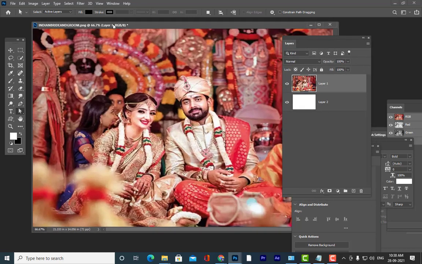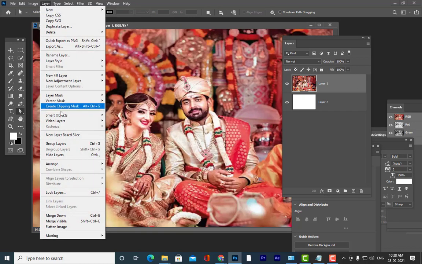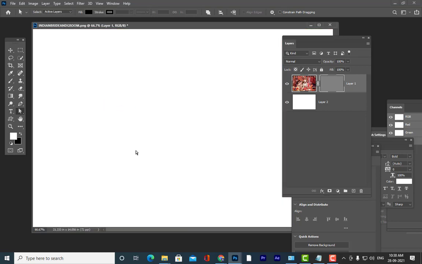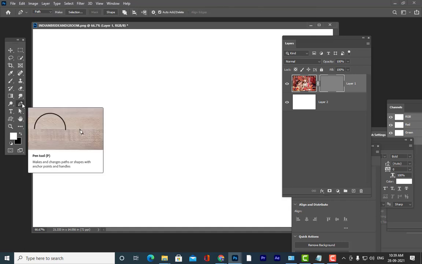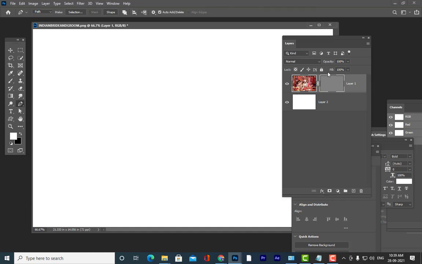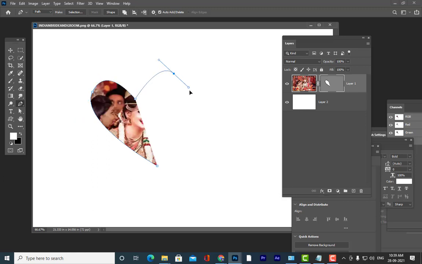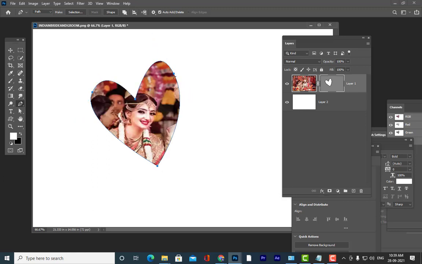Anybody can tell? So Layer, Vector Mask, and here we can say Reveal All or Hide All. Hide All means simply this image will be hidden, and then to see the effect of the vector mask, you have to just create this shape. You have to take the pen tool, and the mask thumbnail should be active, the path option should be active, and also the combine shapes option should be active. Then we can simply draw the shapes like this. Whatever shape you want, you can draw.